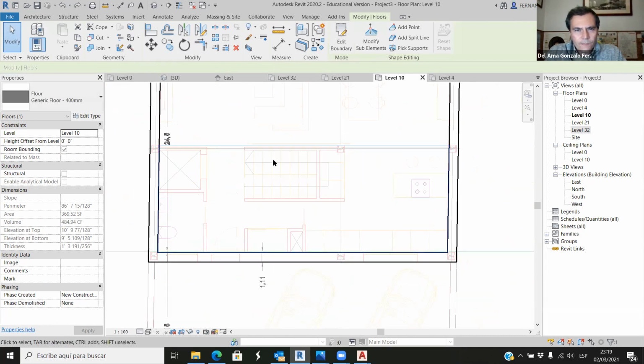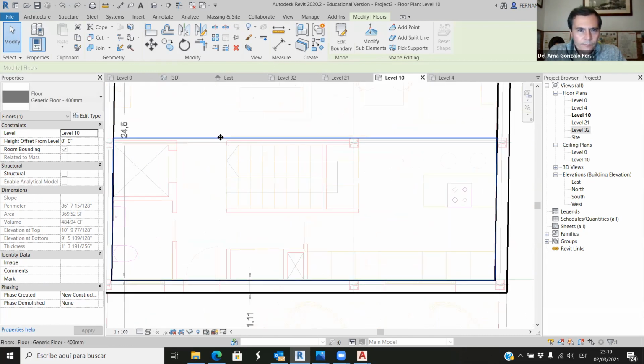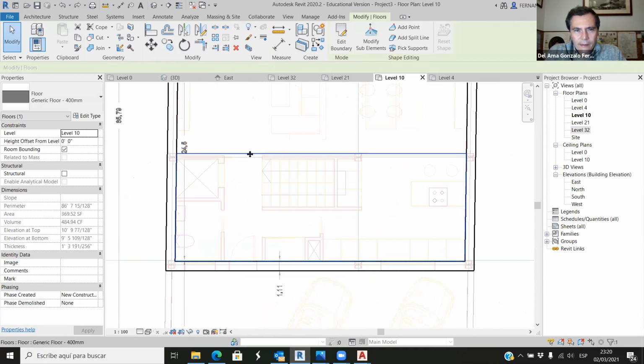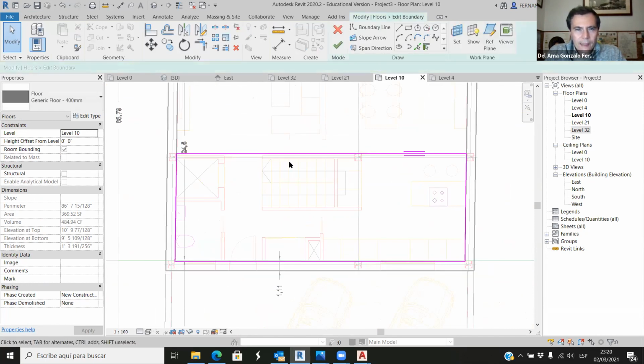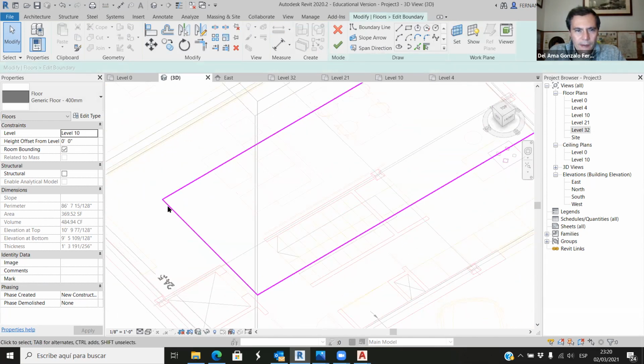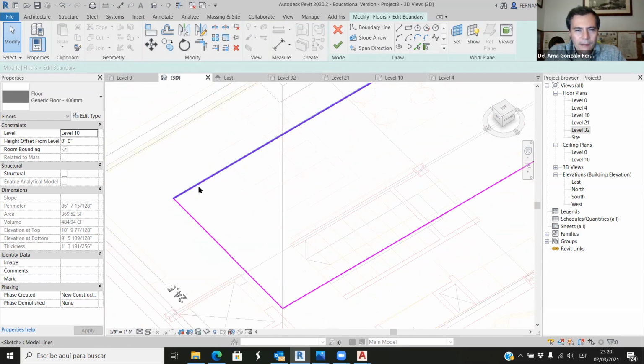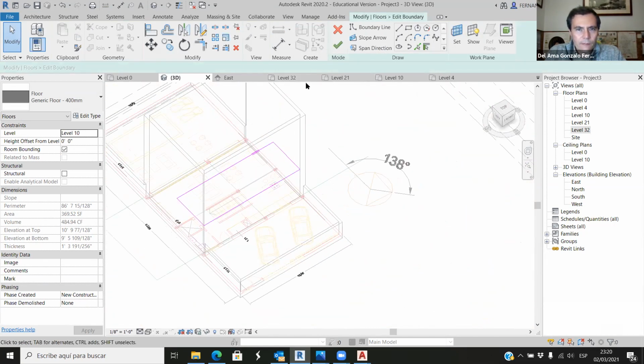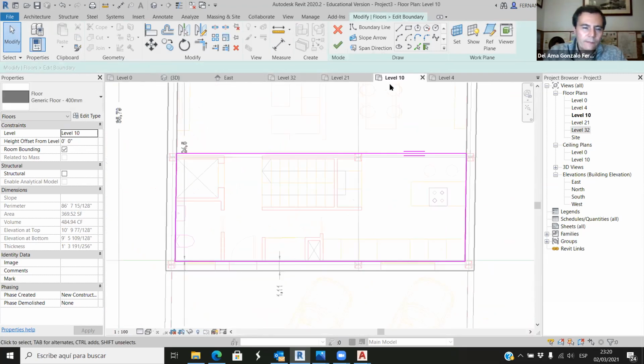So let's do it in plan. I have to select the slab, and then I have to edit boundary. When I select edit boundary, it's pink. And if I change the view, we have pink lines here, and I can edit these lines. So on level 10,